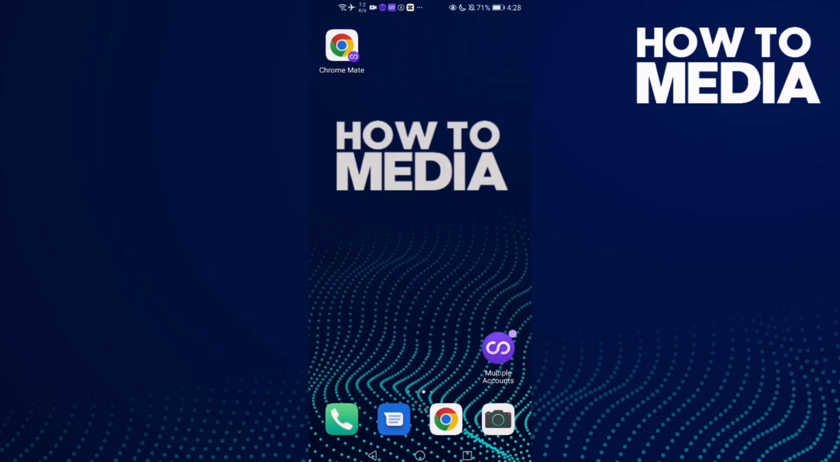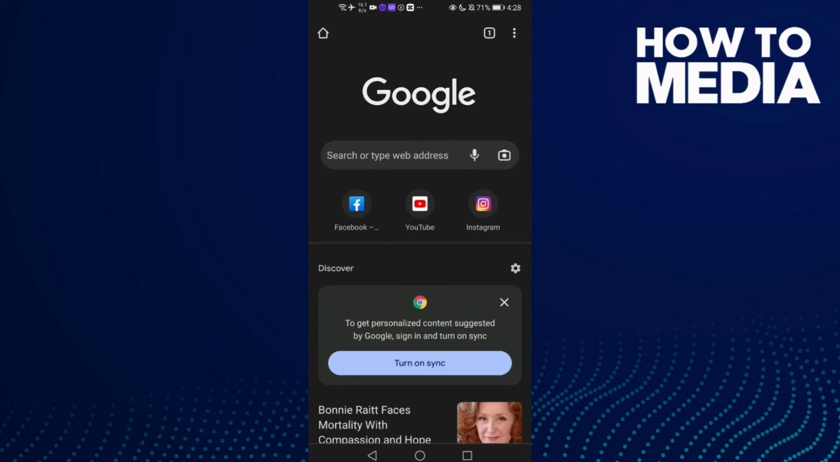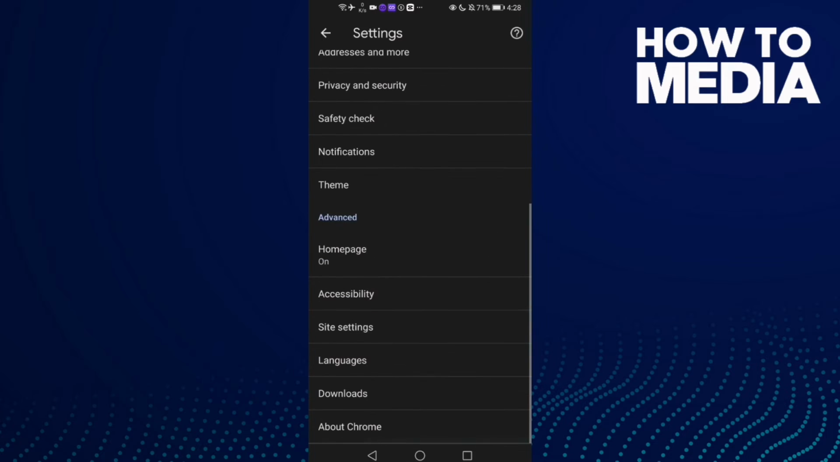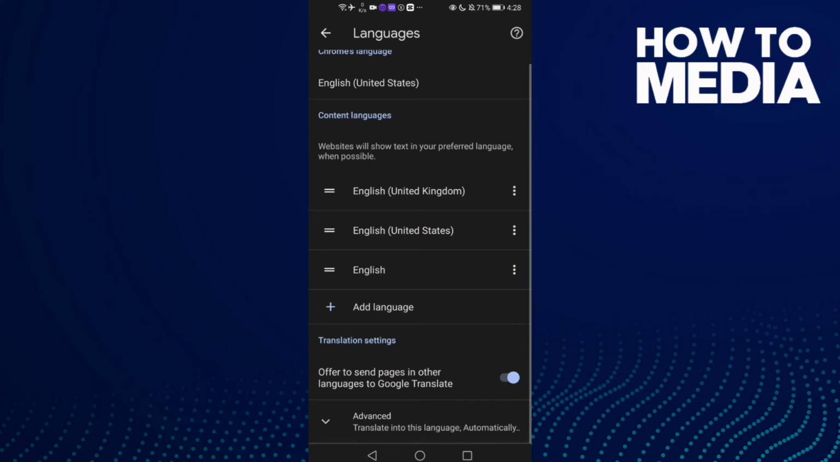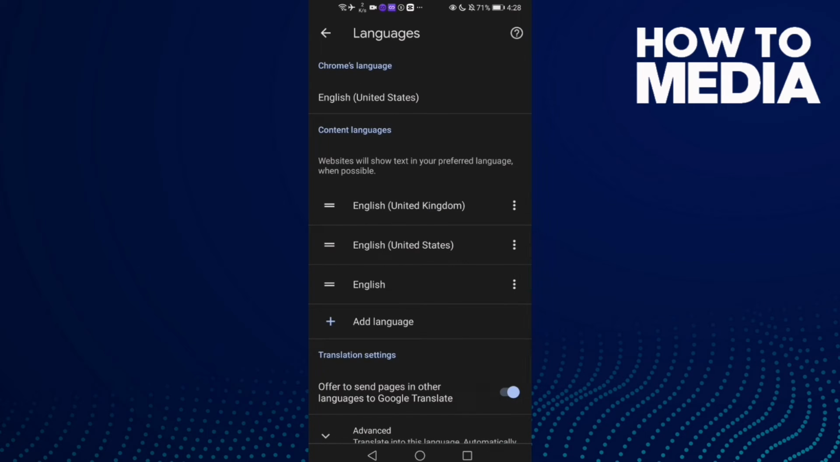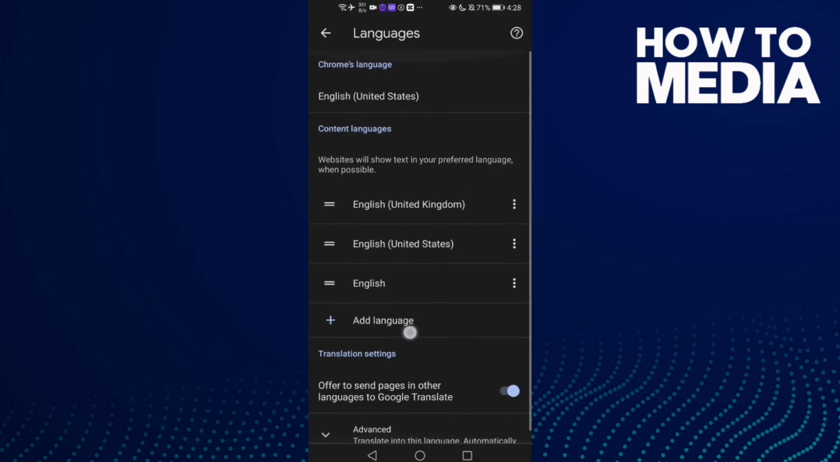First we're gonna do is go to Google Chrome and then click these 3 points here, and now click settings and then go down and click here, languages, and now click here. You can change the content language and you can add any language you want,